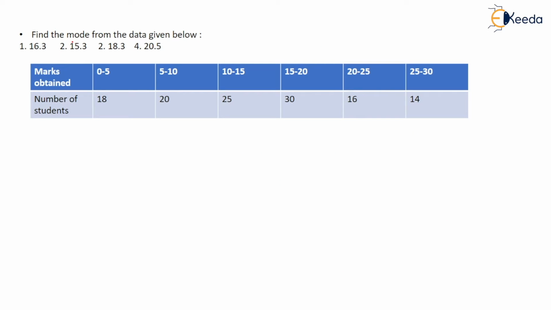So here is a question, you have to find the mode of the given data. There are marks, means it is a range, right? This is the range in which the marks obtained by the students fall. So you have to see the highest frequency. Mode means simply what? Highest frequency. So you can see 25 is the number, not 25, 30 is the number which is occurring most of the time. So 30 will be your maximum, highest frequency.